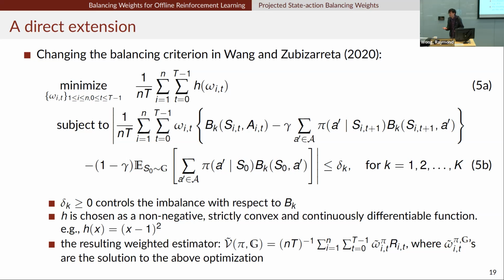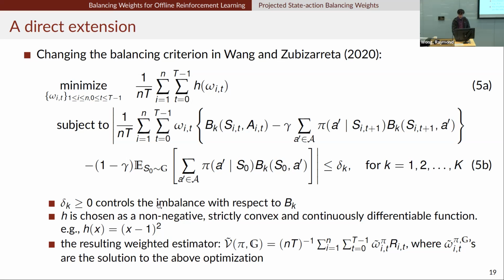And this is what we do here. So we take a proposal from Wong and Chan, and then essentially just replace their moment conditions used for ATE problems by the moment restriction that I just mentioned. Okay, very simple, although I have lots of notation here. In this covariate balancing estimator, the empirical moment restriction does not have to hold exactly. They allow some wiggle room. So this delta K controls the imbalance.